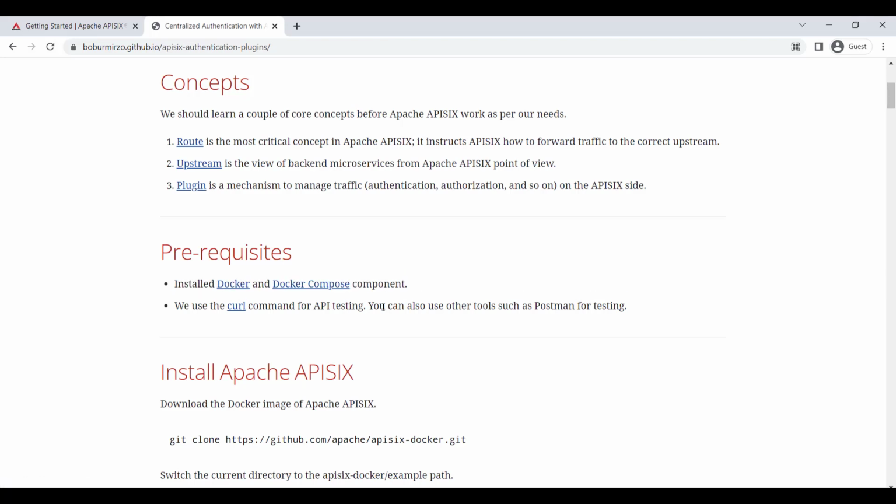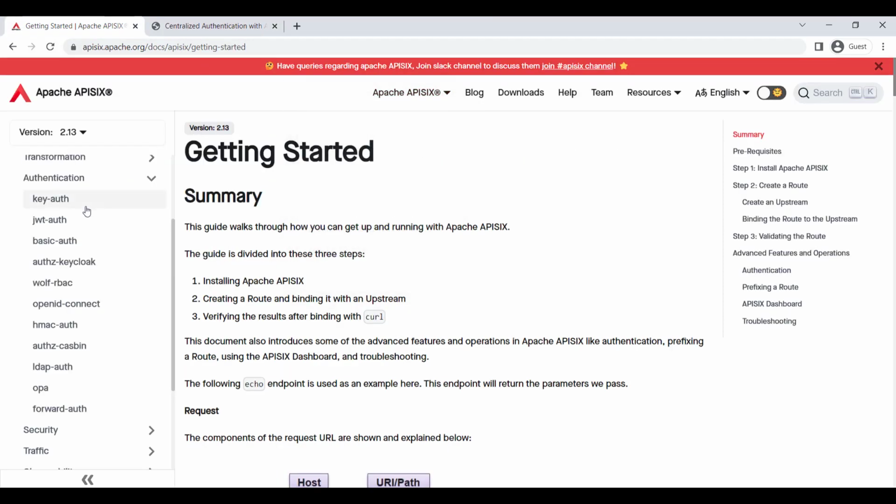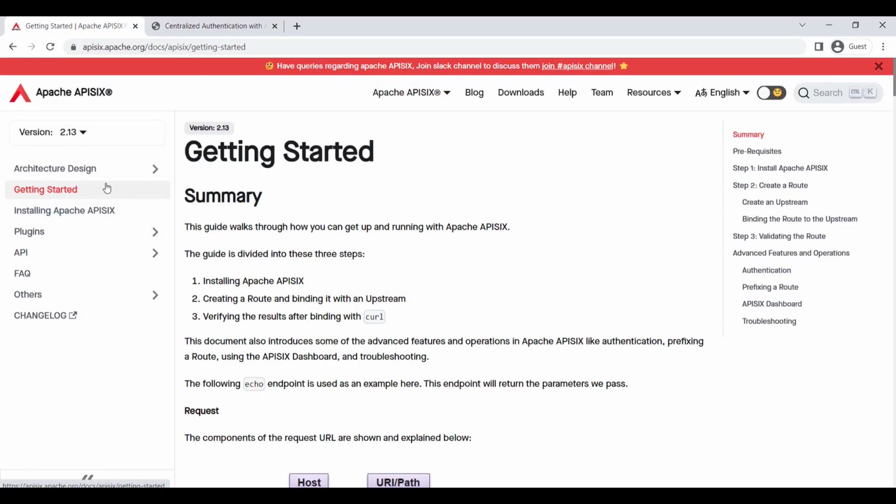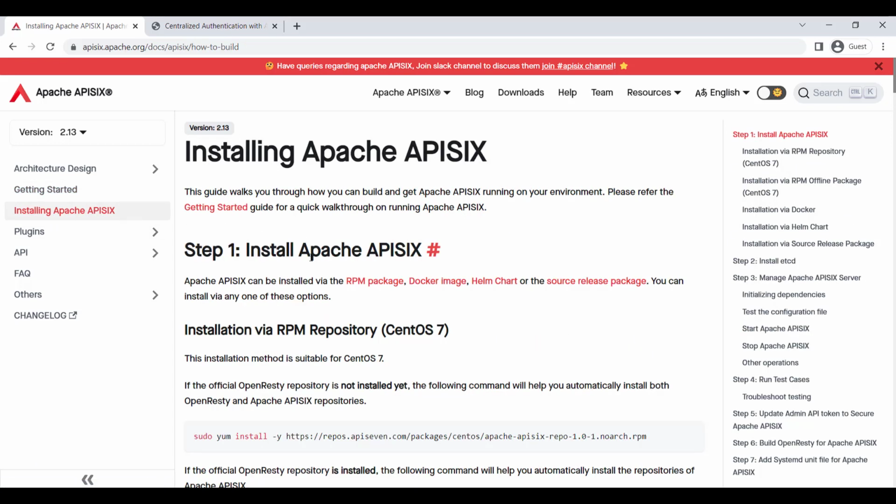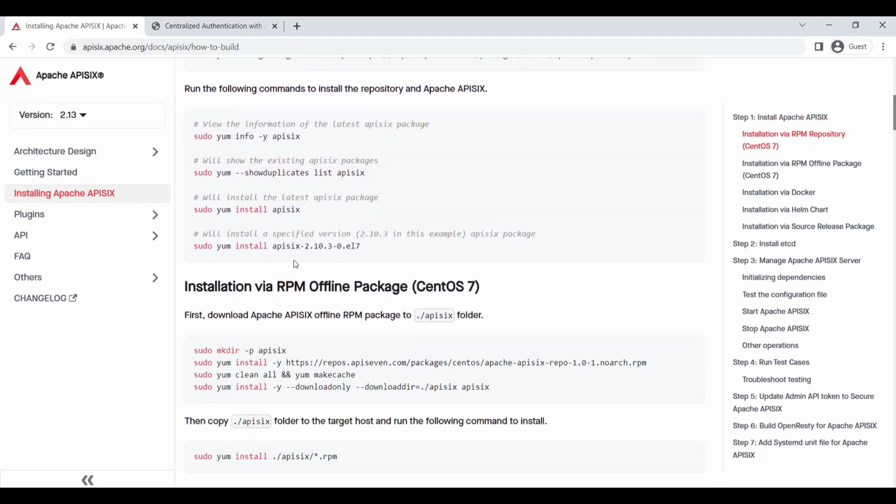There are other ways of installing the Apache APISIX, explained on the Apache APISIX official website. If you follow the link and go to install Apache APISIX, there are several ways you can set it up. So now let's start with